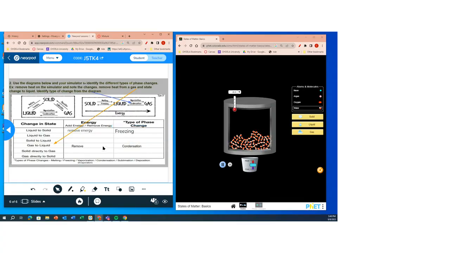All right, so you can see, so let's do one more example. Liquid to a gas. So we got a liquid. So to a gas. This makes it go to a solid, so we can't cool it. Liquid to a gas. We are going to use some heat. So we're going to add energy. Add energy. So let's do that. We're going to type in